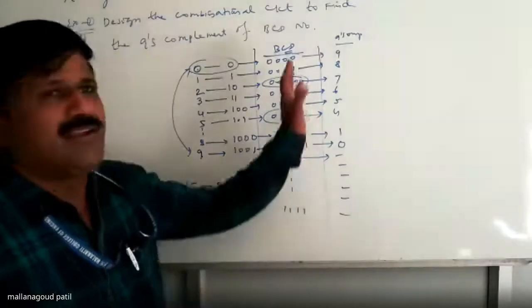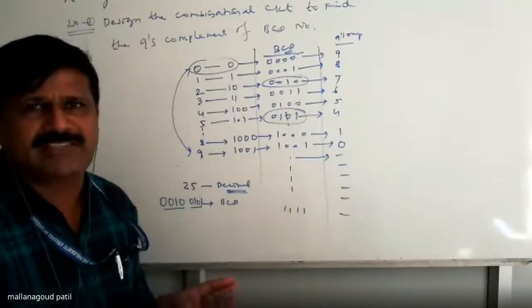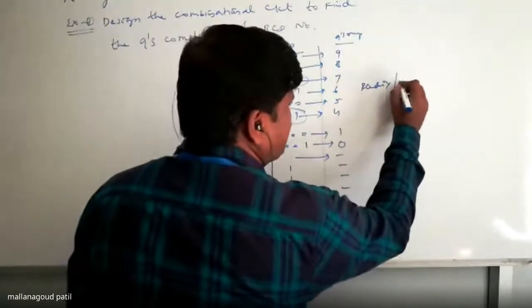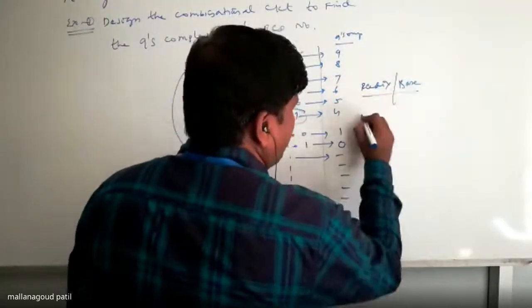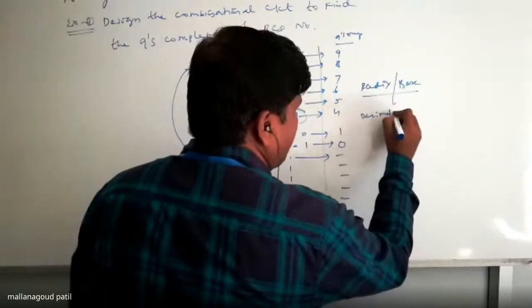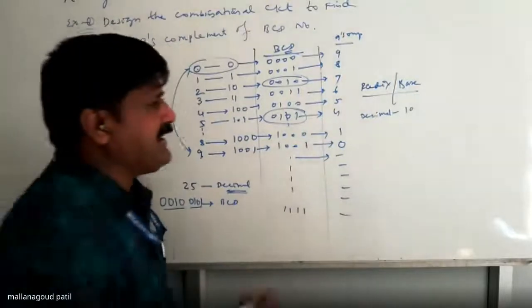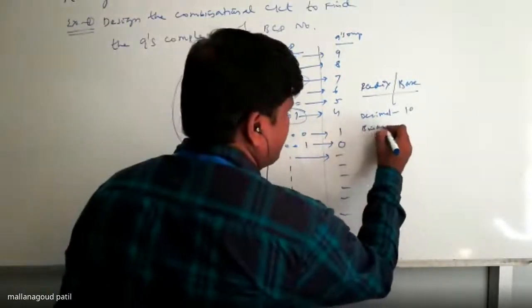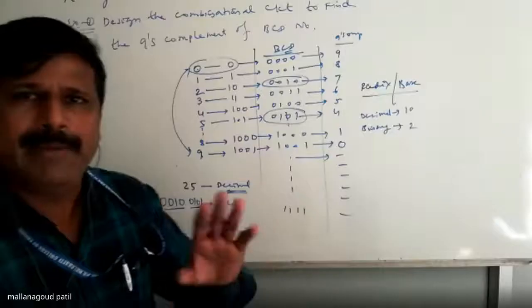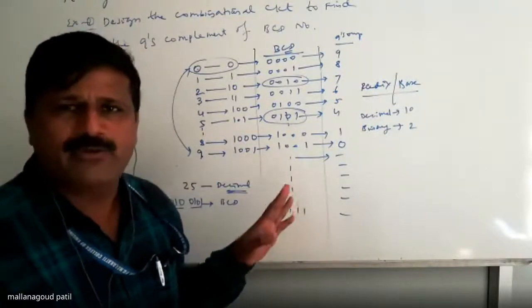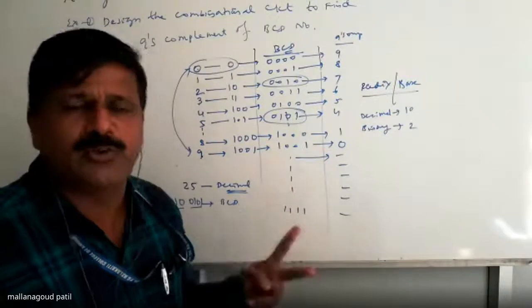It means you don't know about the radix first. Decimal radix, I can write here: radix or base. For a decimal number, the radix is 10. Base is 10. Then what about binary? 2, sir. The meaning of radix is the number of digits you are allowed to use. In binary you are using 0 and 1. How many are you using? 2. Its radix is 2.